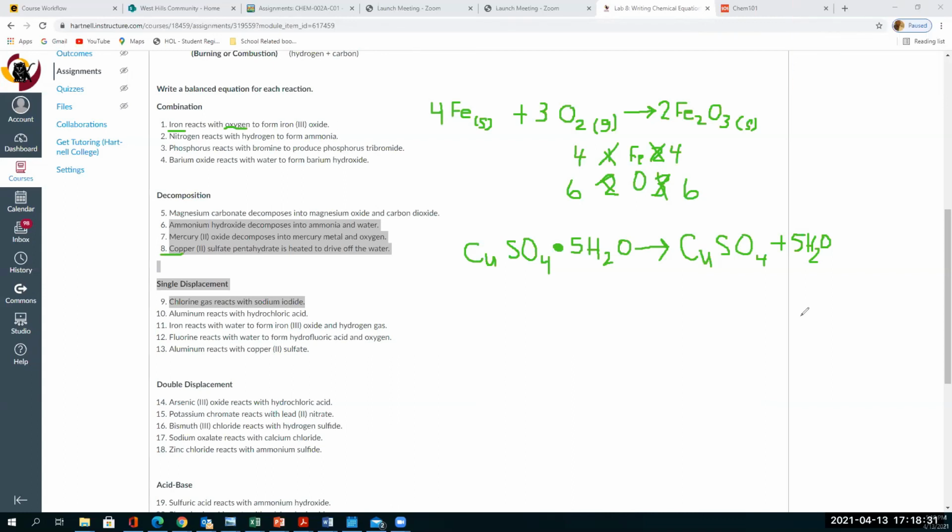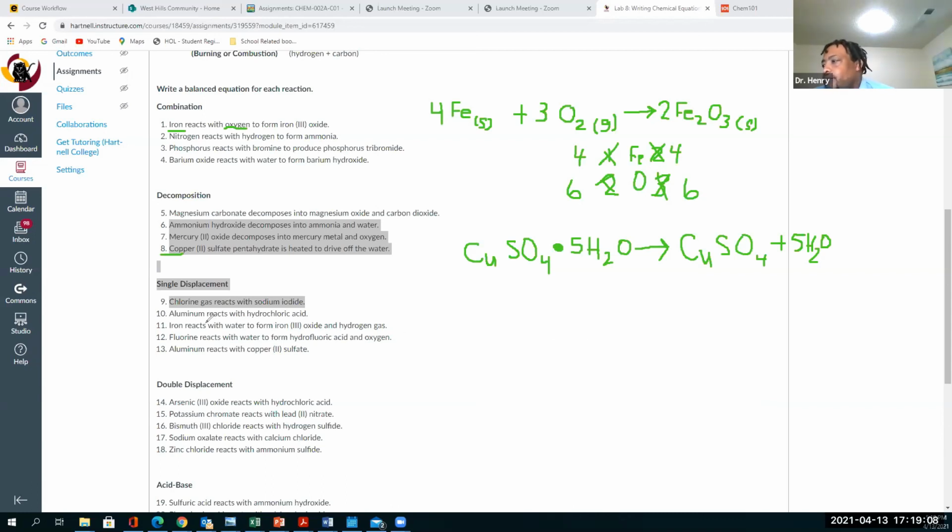The part I had to drive home on, because it says in the thing, it's heated to drive off the water. So that's like the product before the reactant. It's like backwards. That's right. And so the key is that you always have to remember conservation of mass. What you put in, you have to get out. So if you're driving off the water, H2O is going by itself. And then what's going to be left over? Your copper sulfate, copper(II) sulfate. Okay. Piece of cake.